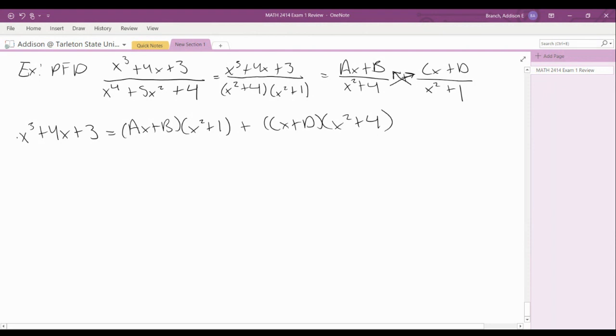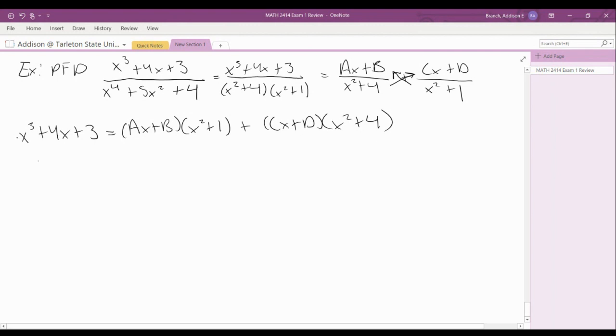Now, if we had a linear factor, we could try to plug and chug numbers to help eliminate some of these variables. But since none of these have zeros that would make them equal 0, we can't do that. So instead, we're going to have to solve a system of equations. In order to do that, we need to expand